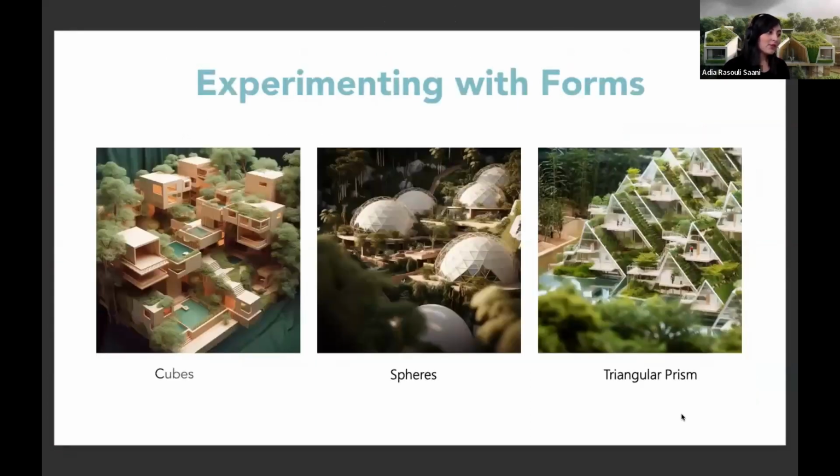So what I've been doing all this time has been experimenting with different forms, different arrangements, lighting, ideas, and somehow trying to look at them from different perspectives. These are some of my earlier experimentations with forms, and I was wondering if I'm developing a resort consisting of so many small units, how many forms could they have? How could they look like? And how many spatial arrangements could they have?